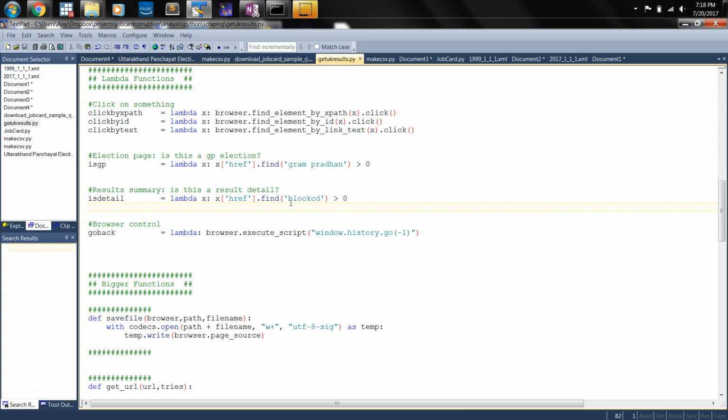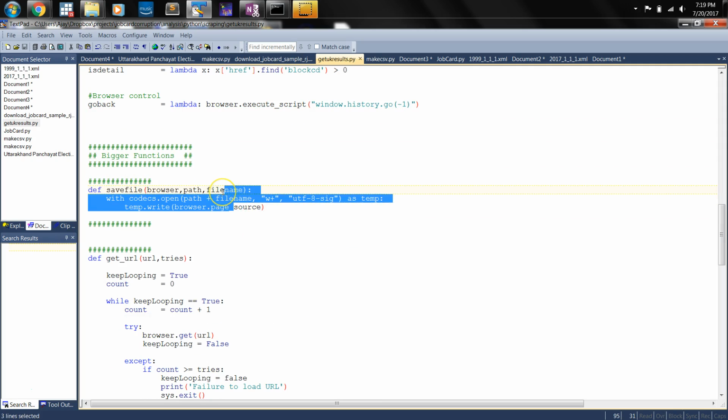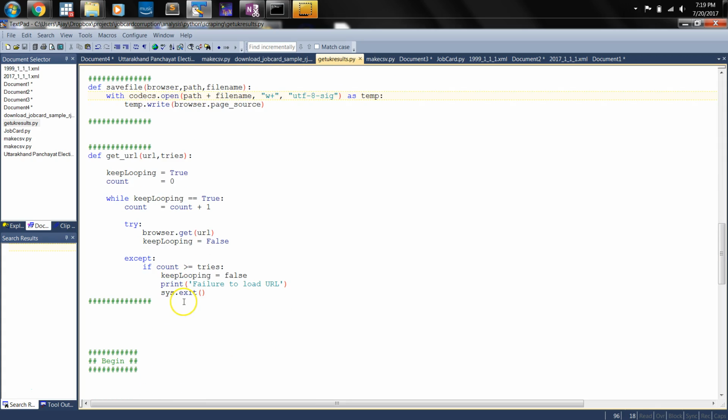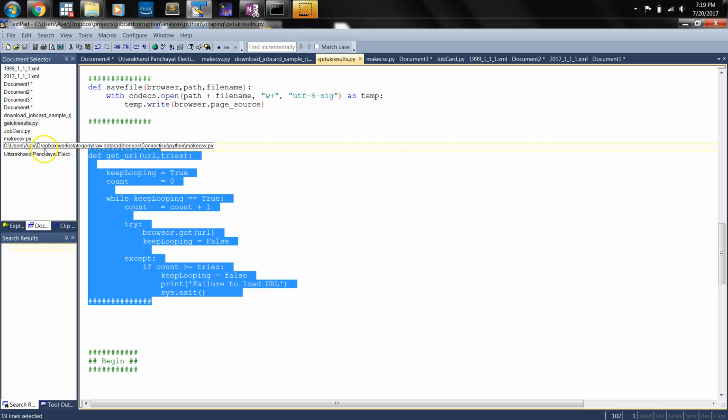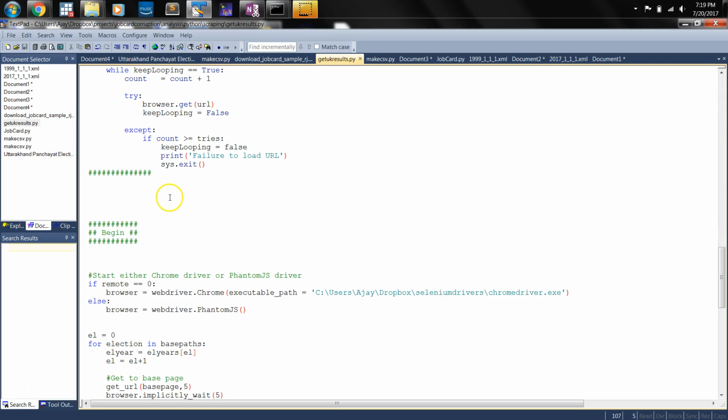Sometimes we'll collect a bunch of URLs. Some of them are the ones we're interested in, some of them we're not. This is a nice little function to make the browser go back, like if you click the back button on your browser. Just a simple function to save the HTML of a page once you've got it. And this is a simple function that tries to get a URL and gives 5 tries, and if not,